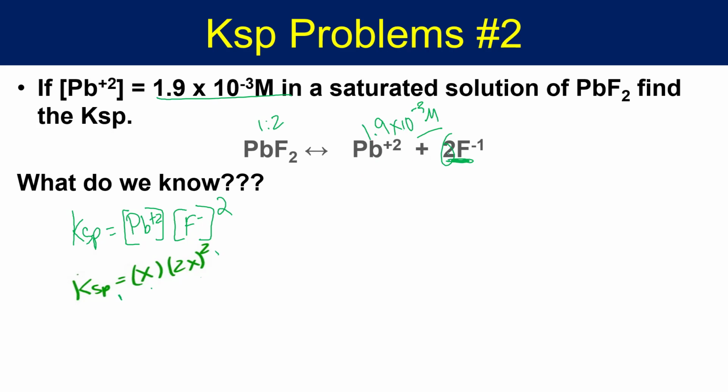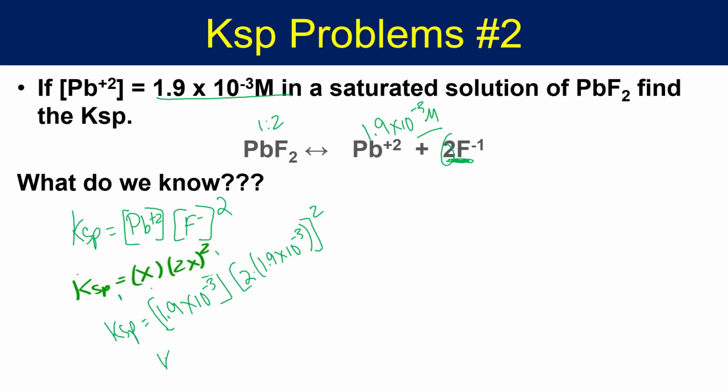It would be twice that, which would be 3.8 times 10 to the minus 3. So that will show its head in our calculation. If I was going to do this step by step, I would say that Ksp is equal to 1.9 times 10 to the minus 3, in brackets, times 2 times, in parentheses, 1.9 times 10 to the minus 3, and we're going to raise that to the second